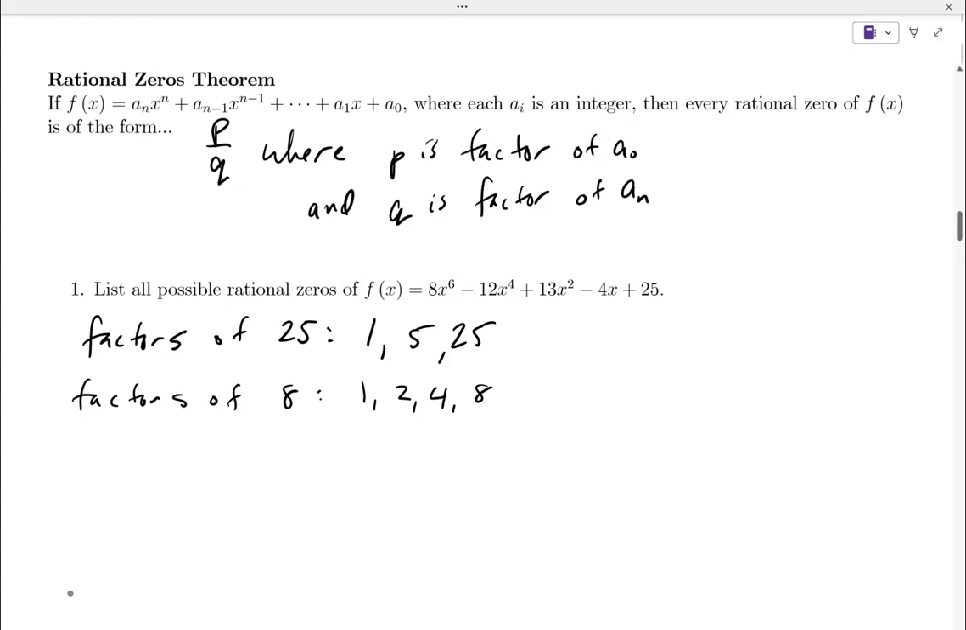Good, 1, 2, 4, and 8, right? That's the only things that divide 8. So this is going to be the first step. When it asks you to list the possible rational zeros, you want to find your factors of the constant and your factors of the leading coefficient. So then your possible rational zeros